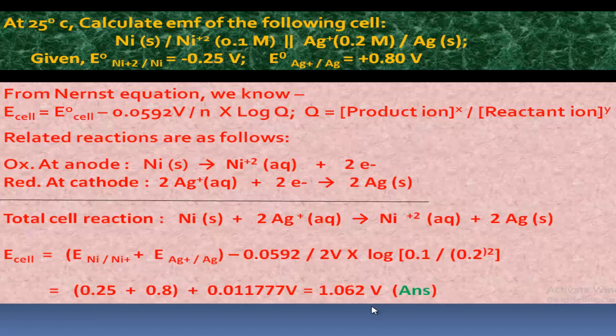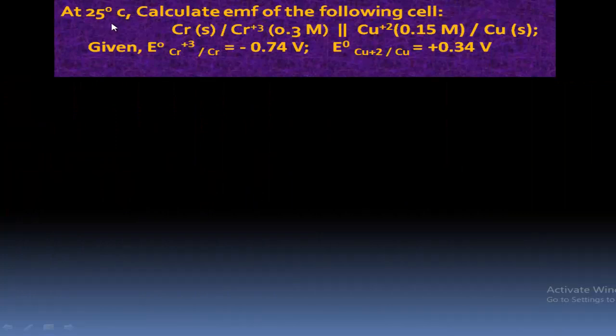Here all are given, concentrations 0.1, 0.2 and also the reduction values are given, so we can easily put them here and determine the standard state electrode potential. So like this we can do this math properly. There will be E naught, there is a slip of writing, there will be E naught, the standard state, that is given. So now follow another problem.